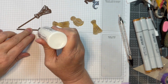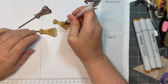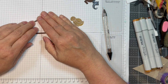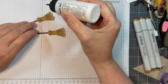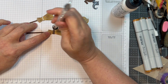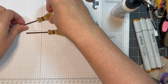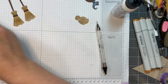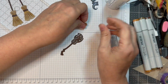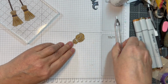That was cut out of dark chocolate cardstock from Paper Trey Ink. So I'm just going to add those two on. I'm using my Studio Katia embellishment wand to pick things up, working on my Stampin' Up! pad as per usual, and using Bearly Art glue to assemble things. There we go, adding the little band that's cut from the dark chocolate cardstock from Paper Trey Ink, and I will weight those down. Now this little broom was cut from the Gnome Dies Halloween Costume Add Ons too, and